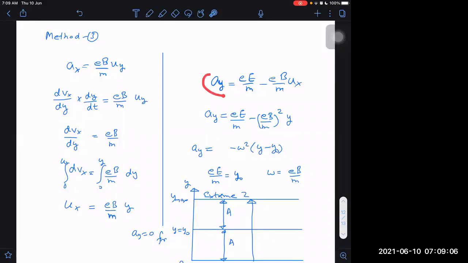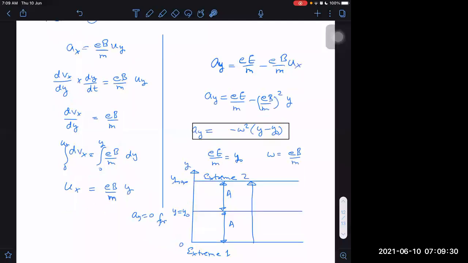Next, AY. I know the value of ux in terms of y. I can put it here. And then I'm getting AY in the form of this. AY is in the form of minus omega square into y minus y naught, the way we do in SHM. Then I'm comparing, which is y naught here? Y naught is E by M. What is omega here? Omega is EB by